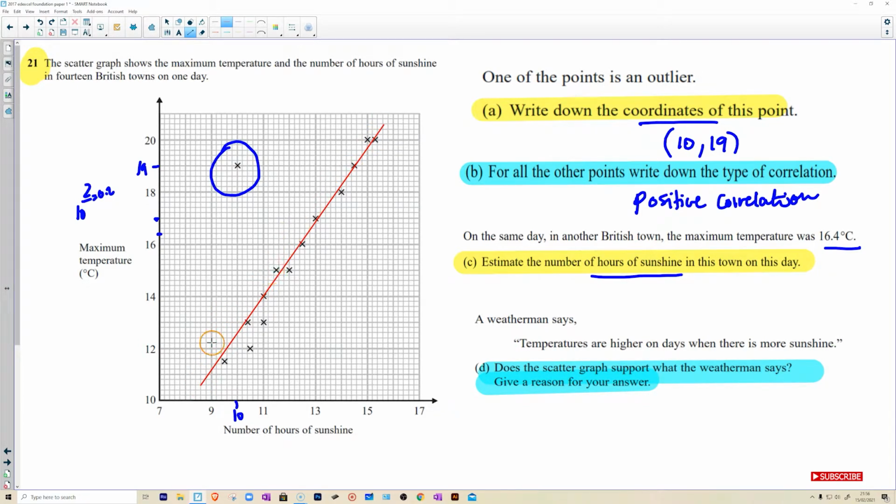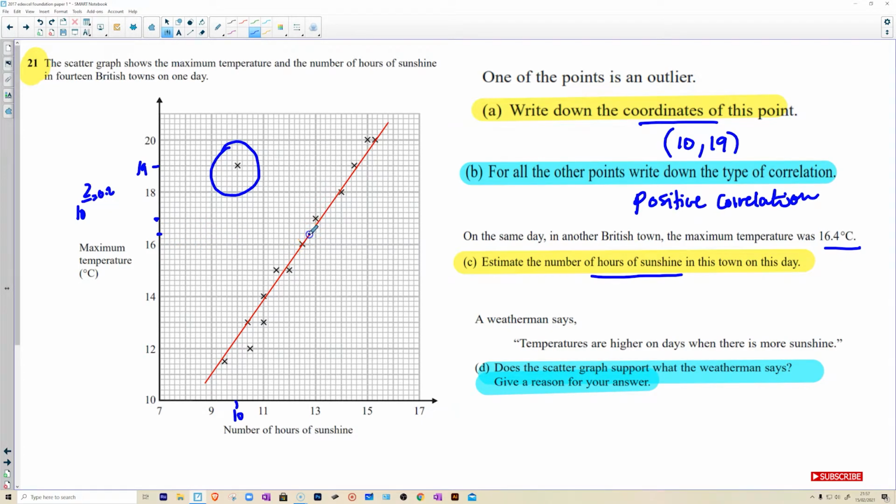The way to do this is to get roughly the same number of points on each side of the line. At the moment I can see it's heavy on this side, 1, 2, 3, 4, 5, 6, and on this side we've got 1, 2. So what I need to do is slightly move my line. When you draw this with your ruler, you have the ability to adjust it before you actually draw the line. So 1, 2, 1, 2, 3, 4, 5. I'm going to move it back a little bit. So roughly there, I think that should be okay. And now what you need to do is go along